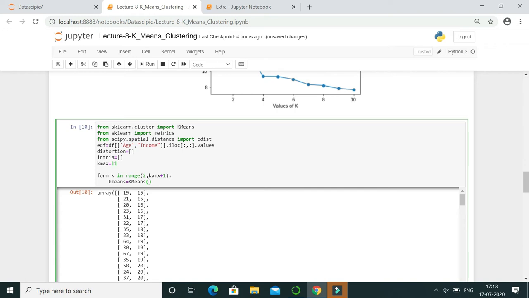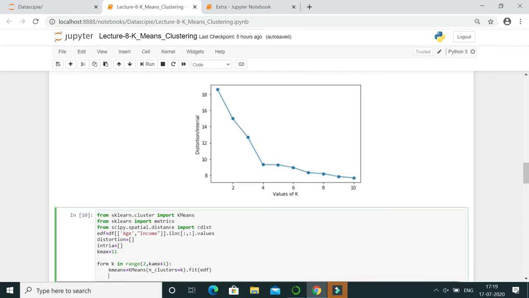So we define it with n_clusters is equal to K. So here it iteratively takes the value of K and determines the predictive analysis for each number of clusters. Okay. Then we would create our model with fit. What is the data frame we have to consider? edf. So edf. Okay.